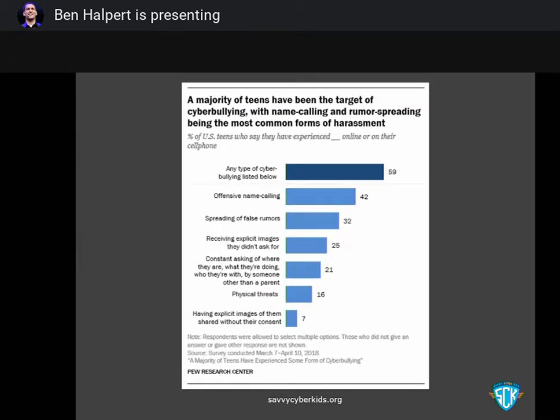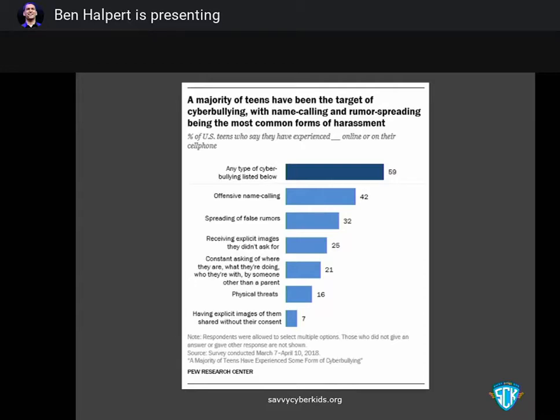Now, cyberbullying is another problem that we're dealing with. This statistic shows that roughly 60% of children have been a target of some type of cyberbullying. I would say this is higher, and that's based on the discussions that I have with students when I go to schools with them. We'll talk about that on the next slide as well. But know that mean, hateful and harmful comments are being sent to your children.